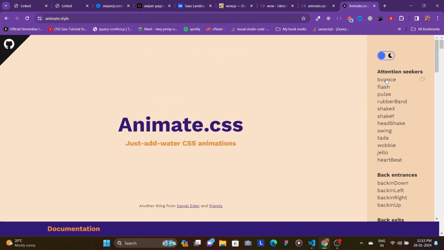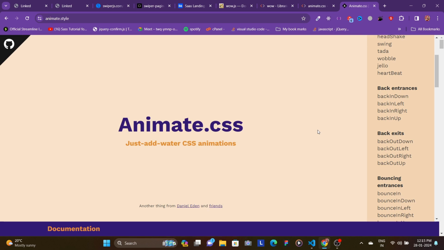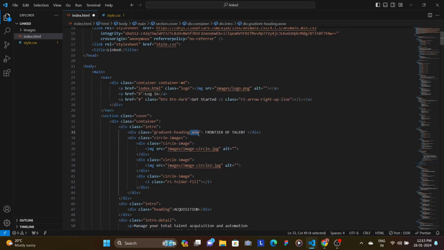So if you want bounce, flash, pulse, rubber band, shake X, shake Y, head shake, swing, tada, wobble, jello, heartbeat, all these different animations you can try out. You can add those if you want. So here the first thing that I'm going to do is add wow, add animate animated, fade